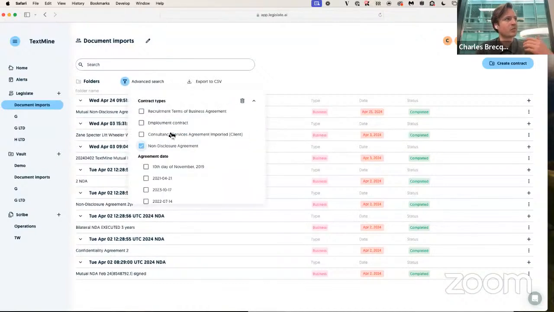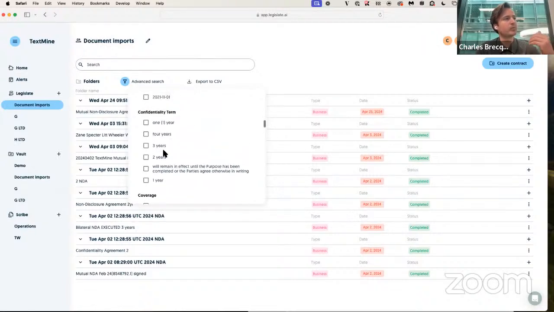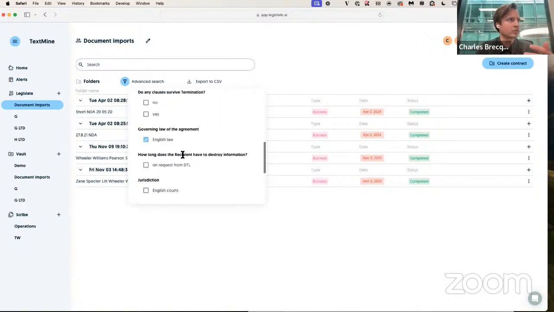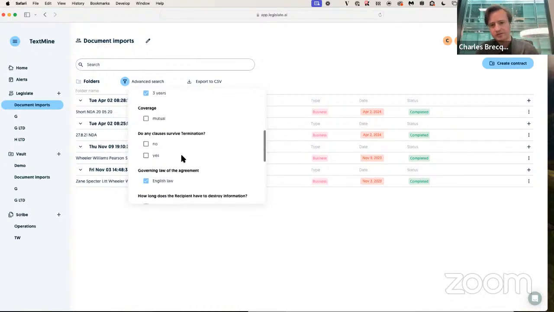Now, with our platform, we can help create snapshots of the data without you needing to maintain your own spreadsheets. You can obviously do that if you wish. But if, for example, you had a stakeholder that wanted to quickly identify all the NDAs with a 3-year confidentiality term and governed by English law, you can do this very quickly by clicking on the filters.